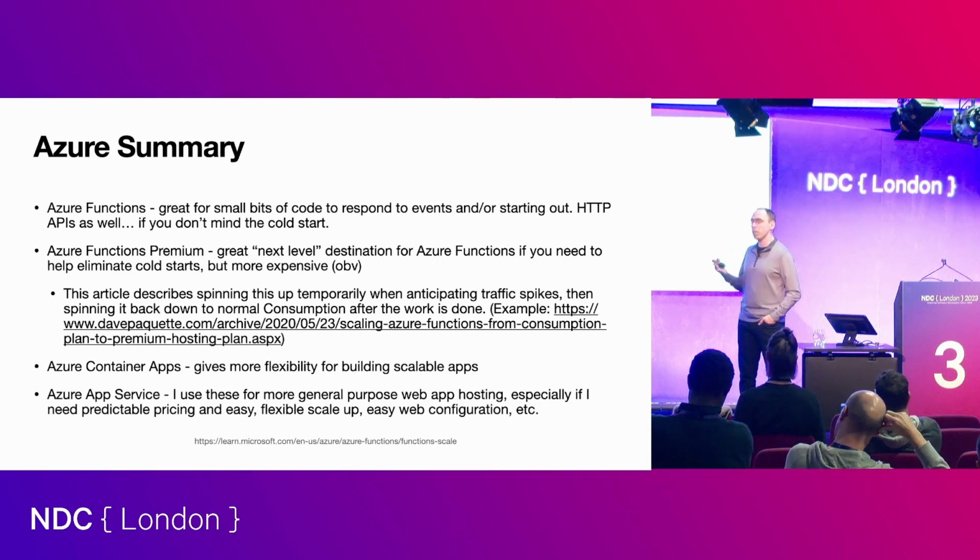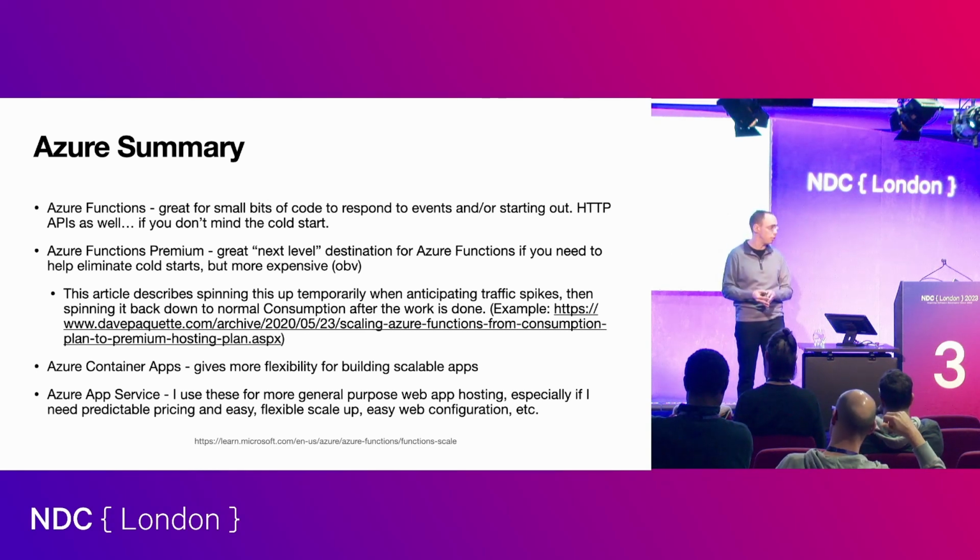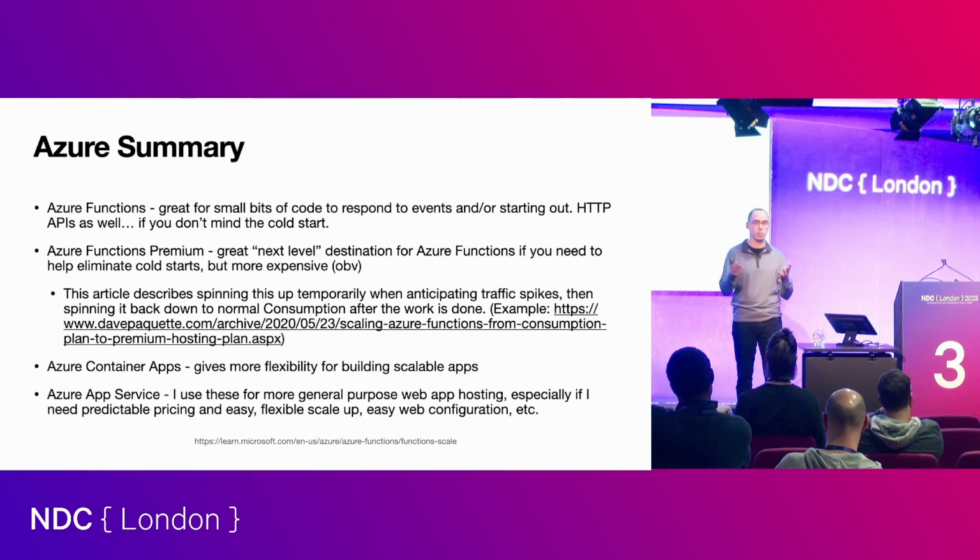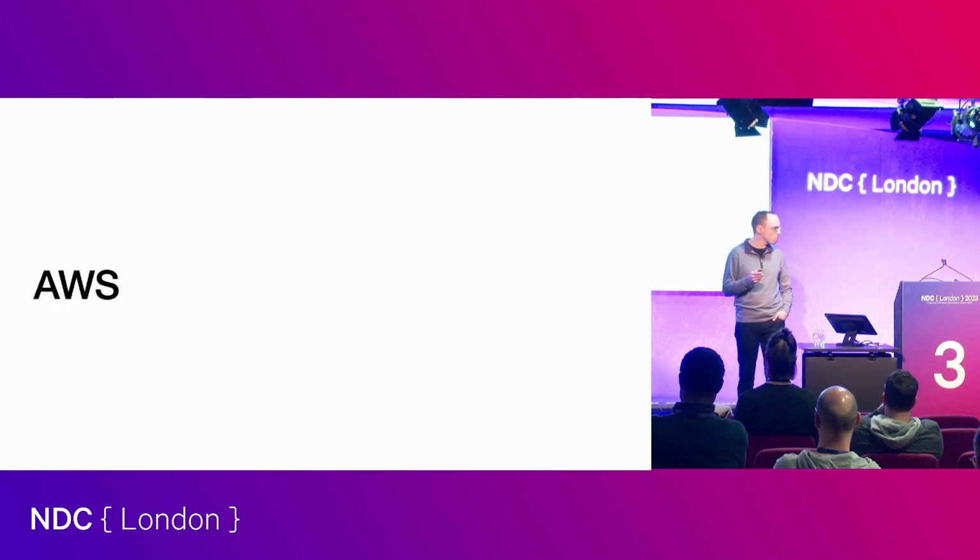Azure Container Apps gives more flexibility for building scalable apps, as we described, especially compared to Azure Functions. You could skip Azure Functions and just deploy your apps in Azure Container Apps. But if you have a suite of existing functions and are starting to have growth problems with it, either with execution or whatever the case may be, that's certainly a tool we can use. And then App Service, as I mentioned, I just use it to deploy boring old web apps, ASP.NET, where there could be compute problems or traffic problems that I can easily handle with scale out or things along that line. But typically it's just boring old ASP.NET Core apps. And I found that that works well for me.